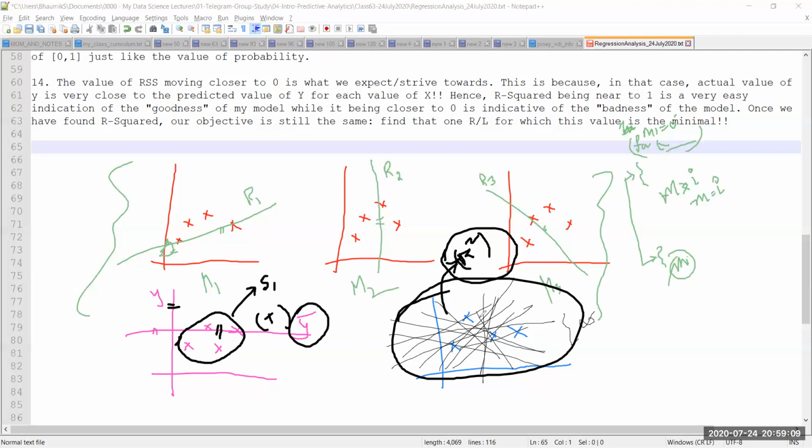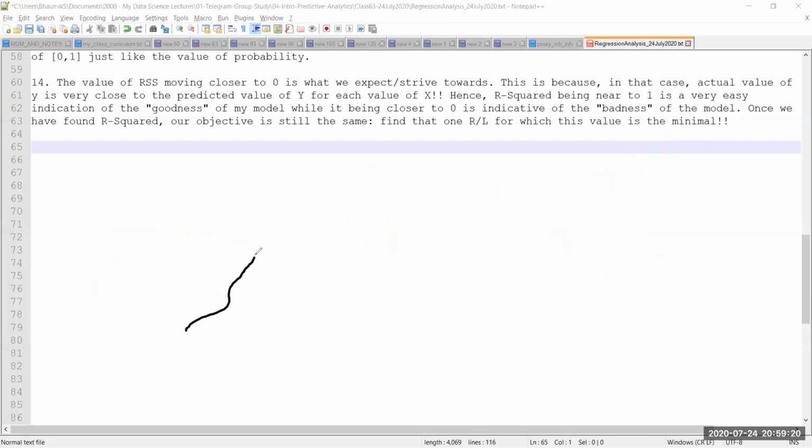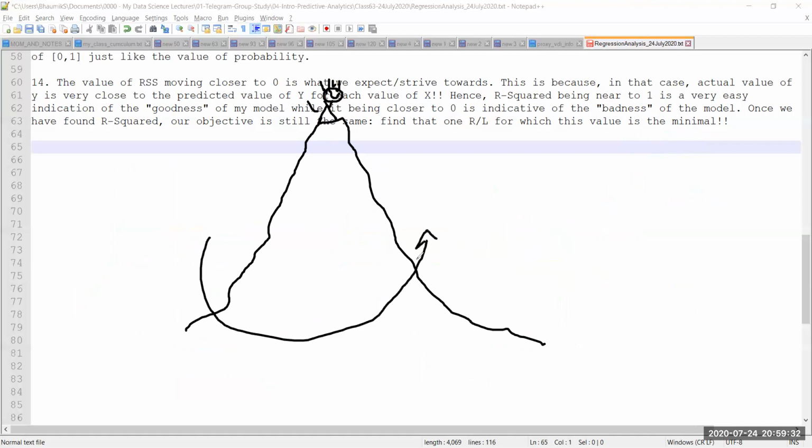Now, if you look at what I'm trying to do over here, I'm drawing a lot of lines. And this is exactly what we saw when we did the gradient descent. Let's try to quickly remember what we did in case of gradient descent. We had a mountain like this, right? And there is a person who is at the top of the mountain. Let's say this is me. Now I want to come down. So I have a 360 degree view. I can come from this side, I can come from the other side of the mountain as well.